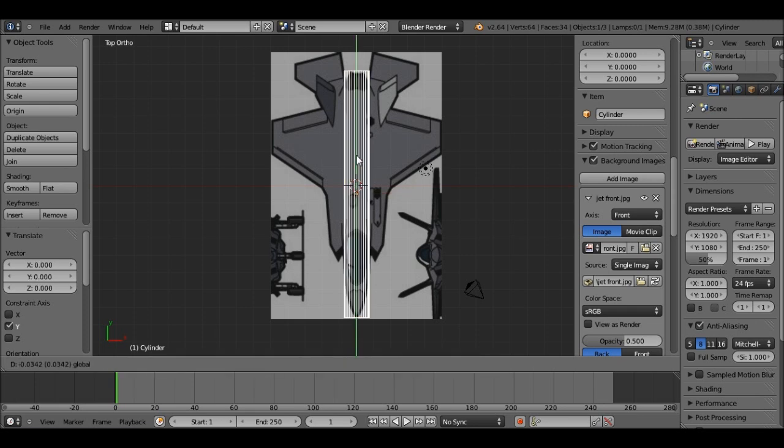Again, it doesn't need to be exact because we can change it later, but it's probably better if it is, to be honest. So that's just created a basic cylinder that's the right size. If I look view right now,